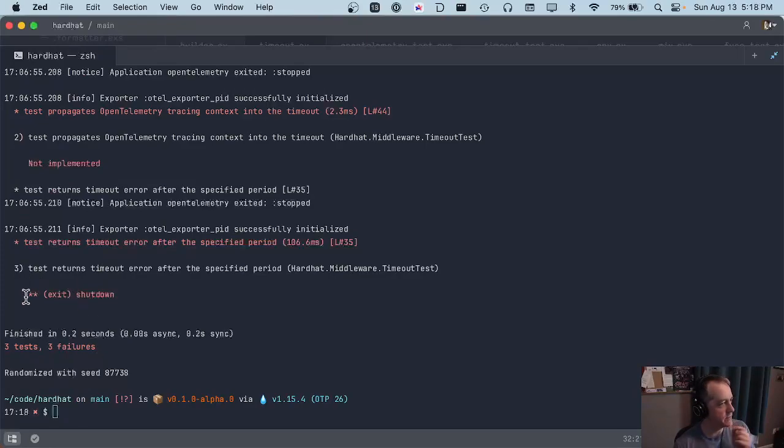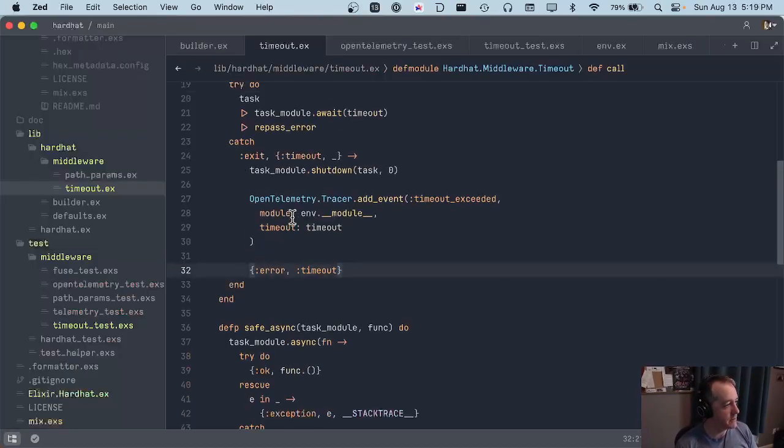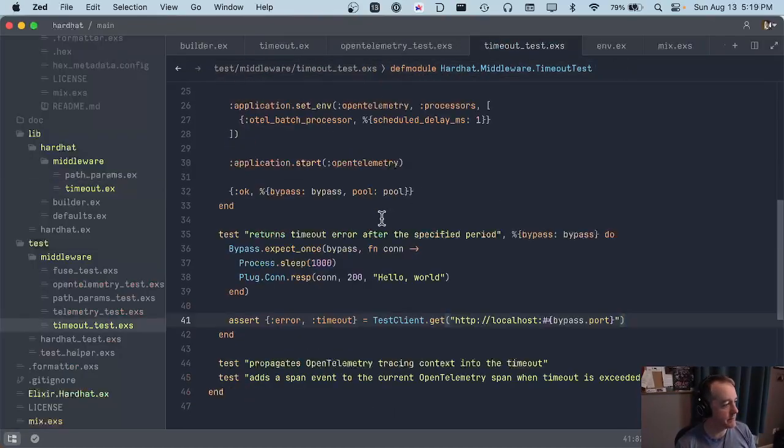This smacks of the test is exiting after it's completed, because we're not getting an assertion error, right? And you note that the time that this took was just about 100 milliseconds for the entire test. So that indicates to me that the timeout we set in that test client is correct. So probably what we need to do is